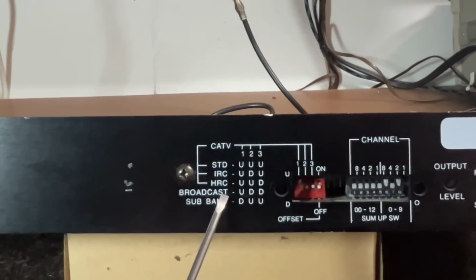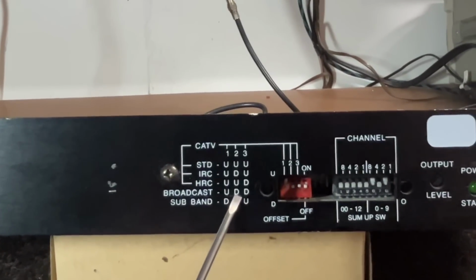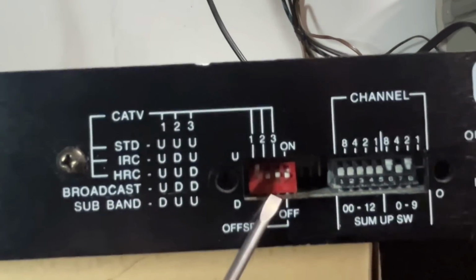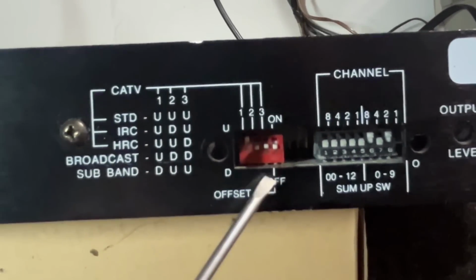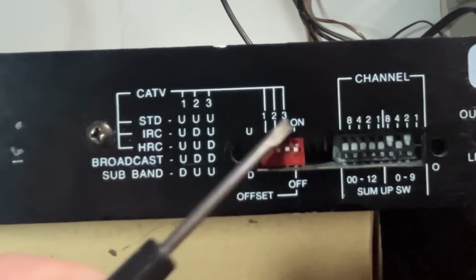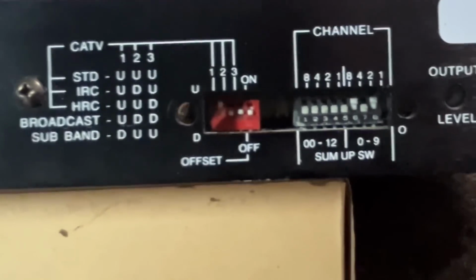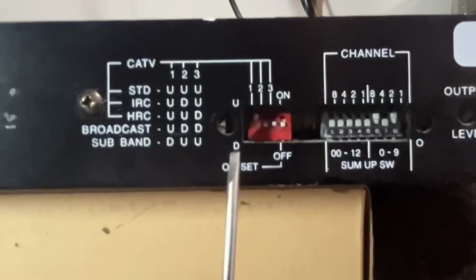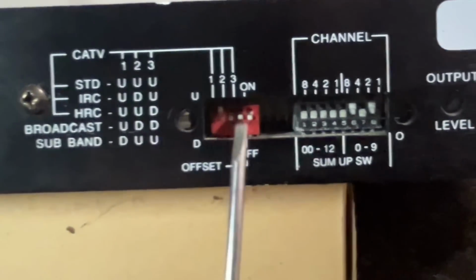So we want switch number 1 up, switch number 2 down, switch number 3 down. So that's where we have. We got up, down, down. This offset seems to make no difference, either off or on, so I have it turned off. So up, down, down. Now to set the output channel,